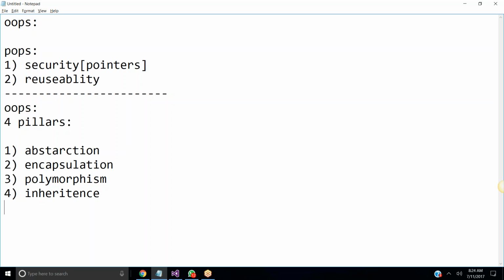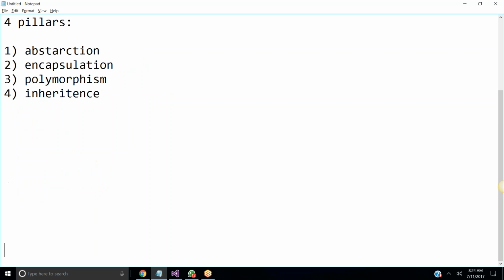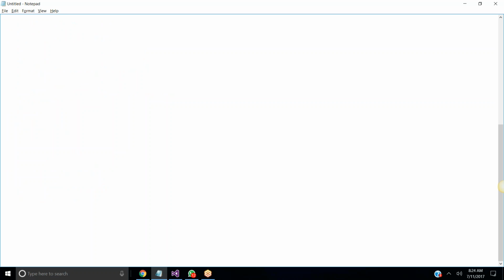Now, one by one, we're going to see abstraction, encapsulation, polymorphism, and inheritance. But first, before discussing all these things, you need to have an idea of what is the meaning of class and what is the meaning of object. Today our focus is to discuss the meaning of class and object. We'll see the simple class diagram, and we'll see the program for the class also: how to create the class, how to create the object of this class, what is the syntax of it, and all these things.